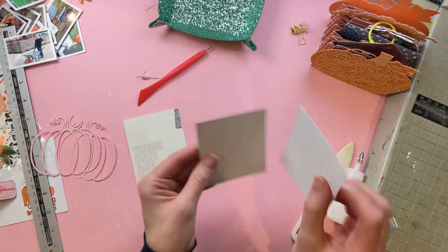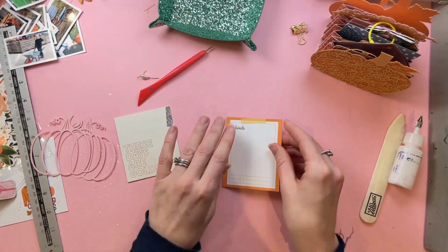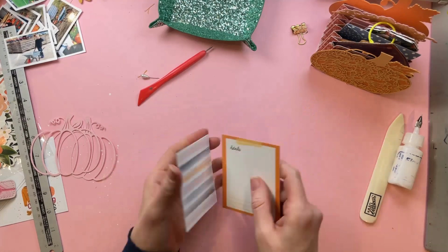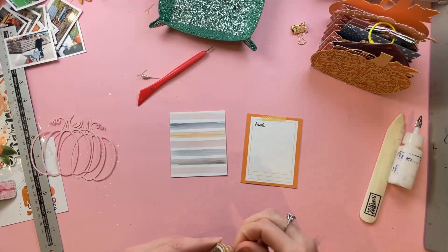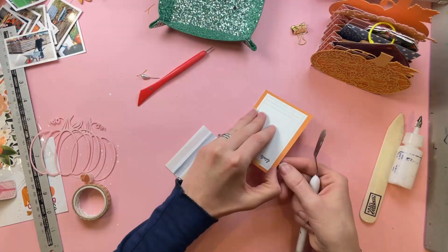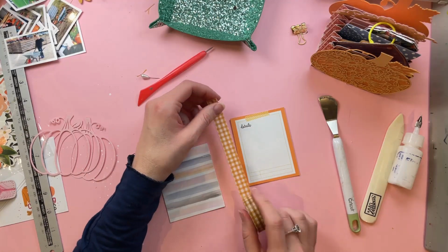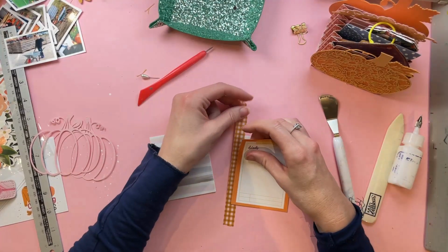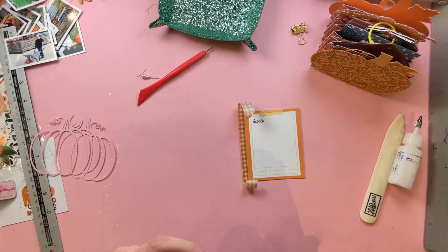However, I decided when I was actually adding my photos that it was too boring, and it wasn't exciting enough, interactive enough or cute enough. So even though right now I'm making this little book, hinging together journaling cards with washi tape, in the end I decided that it just wasn't good enough. So I ditched it and I created another envelope. It's the same envelope that I made for the beginning that had the shaker pocket at the top,